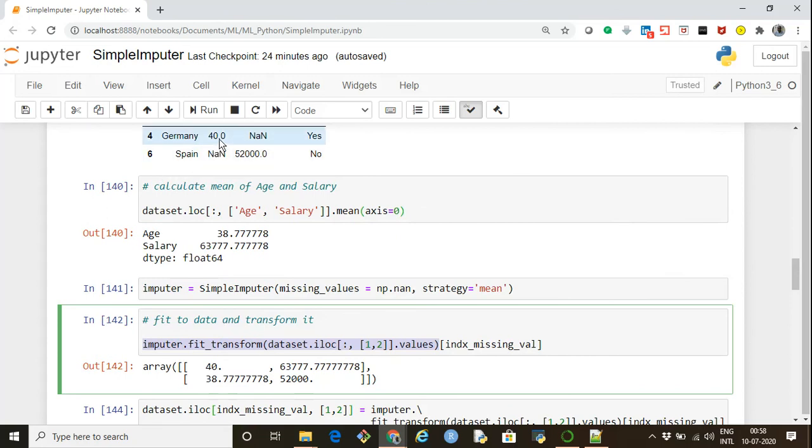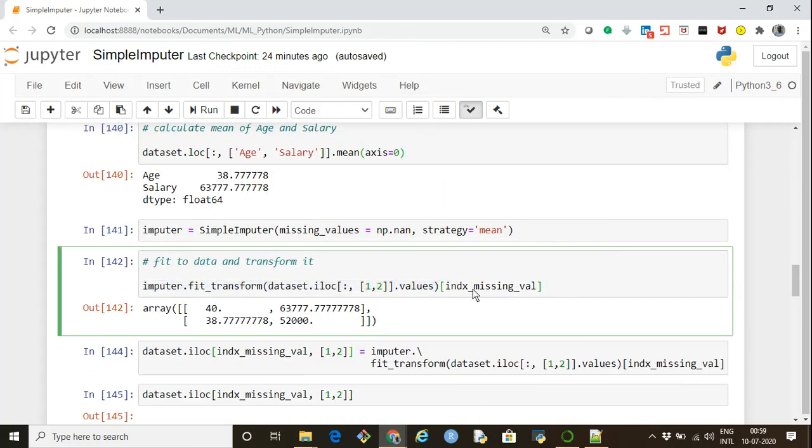In that case 40 was there, but salary was missing. So after imputation, 40 is still there, but for the missing salary, it imputes it with the mean value of the salary. And for this record, age was missing, it gets imputed by its mean value 38.77, and salary again comes as it is.